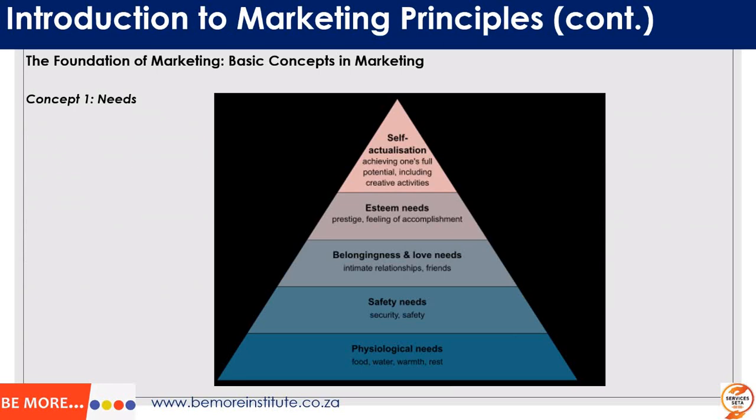As we are talking about needs, there is no way we will not be able to refer to Maslow's hierarchy of needs, because this is the best way where you make reference to the needs. We're all familiar with this. We have your physiological needs, which are the basic needs that deal with your food, your water, your warmth, your shelter. And then you have your safety